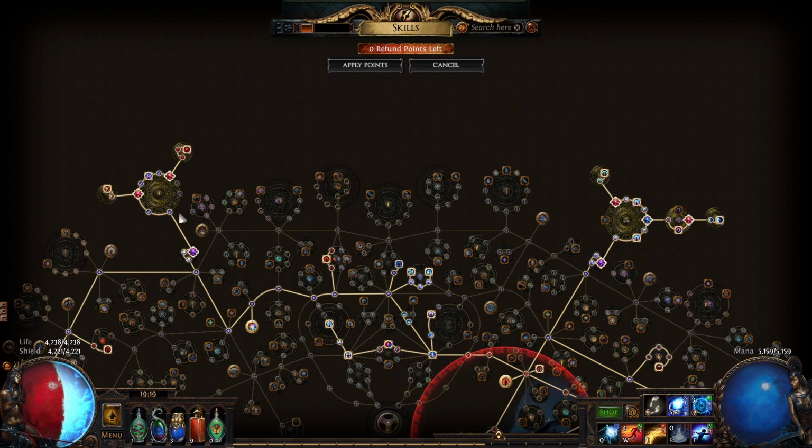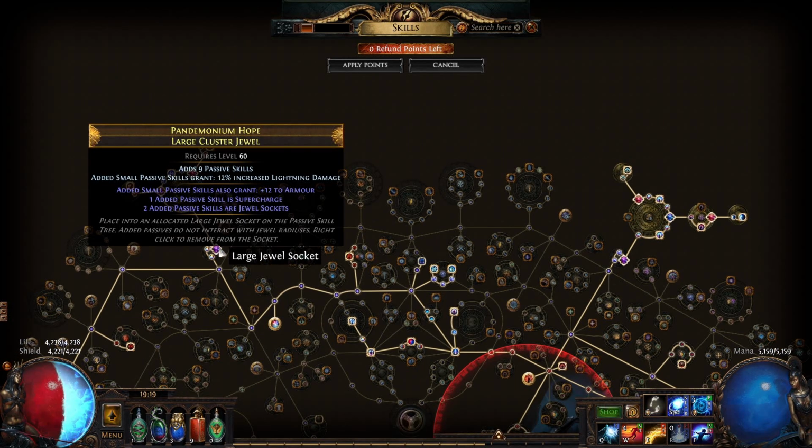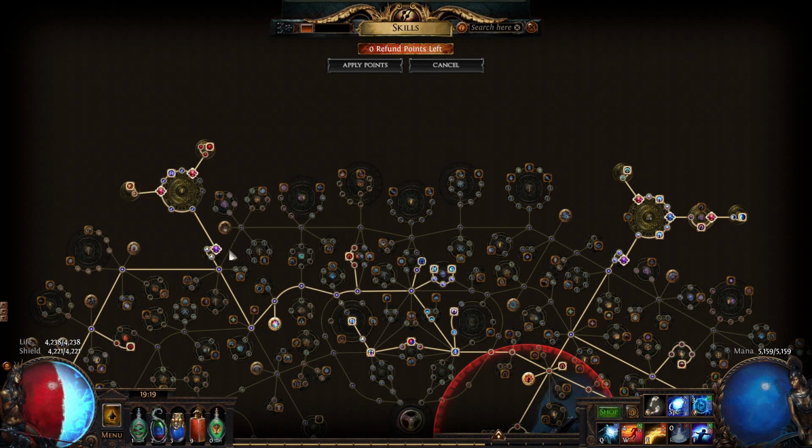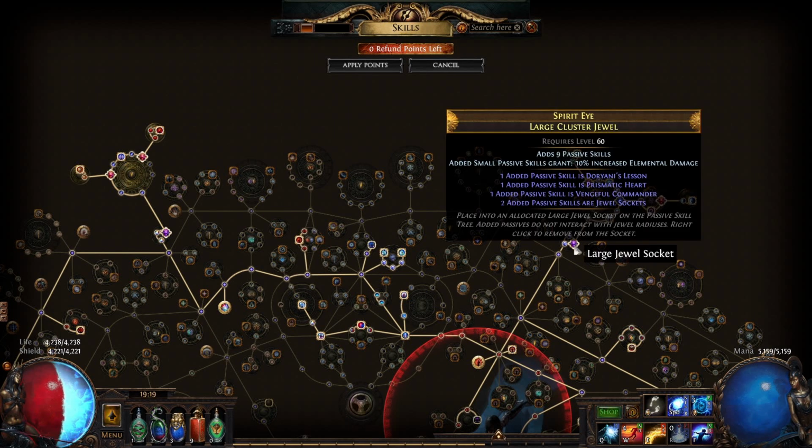So there's a lot of improvements you can make, but the key point is that if you're not meeting the passive point breakpoint with your current cluster jewel, you don't gain anything substantial by spending more money on an 8 passive jewel or something like that. Right now, I wouldn't gain too much from getting 8 passive jewels versus what I have currently,